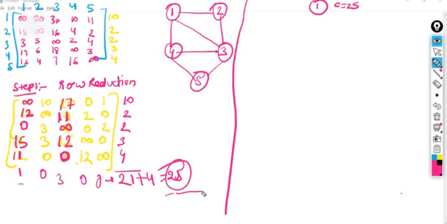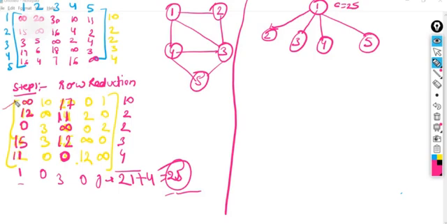So how can we explore it? What are the possibilities if we are starting with 1? Either we can move to vertex 2 or 3 or 4 or 5, because we are doing branch and bound, so we have to move level by level. So what is next here? We have to trace one thing here. This is our original matrix. This one is our original matrix.